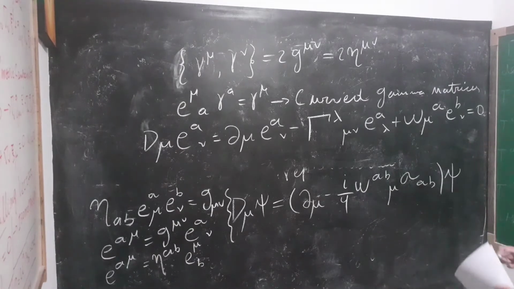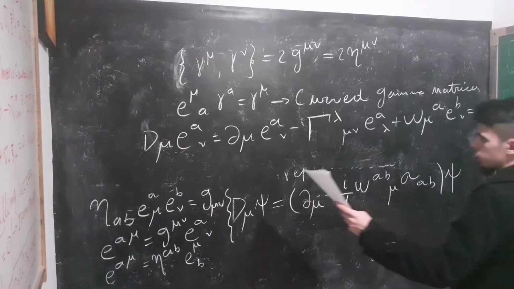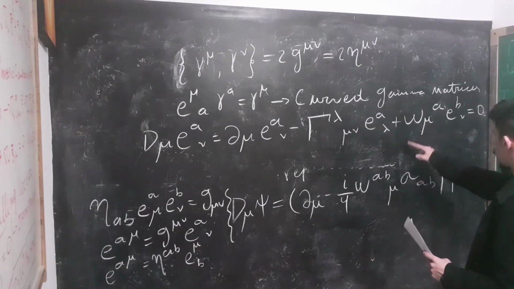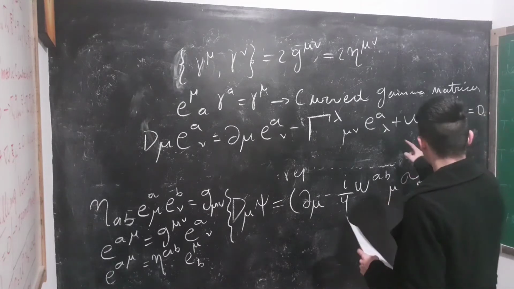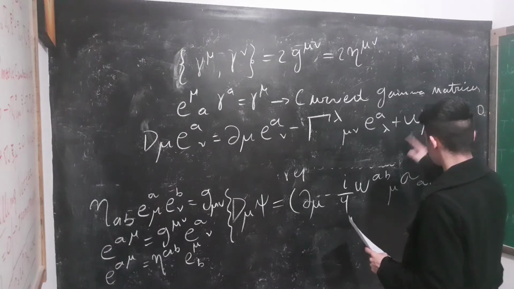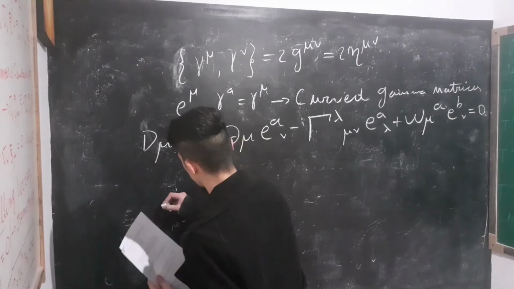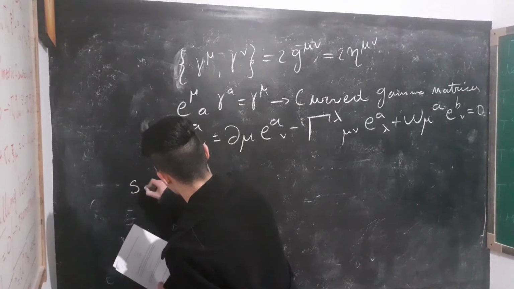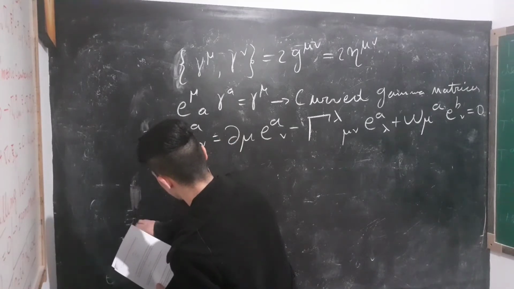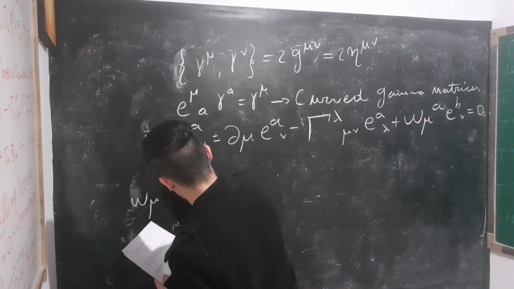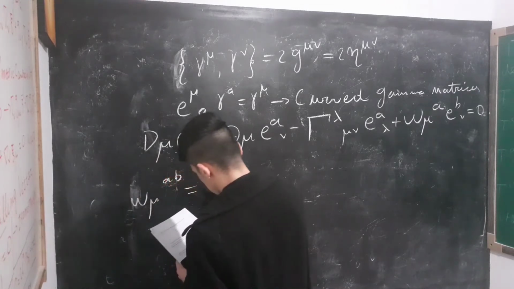And as I say, I will skip all those mathematical formalisms and just solve the equation for this guy here, the spin connection. So solving for the spin connection, it gives omega mu A B,